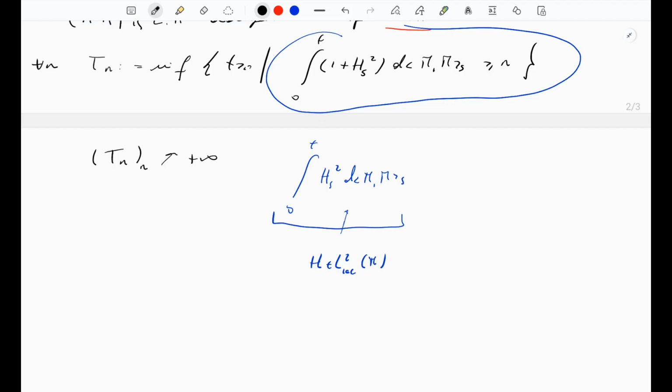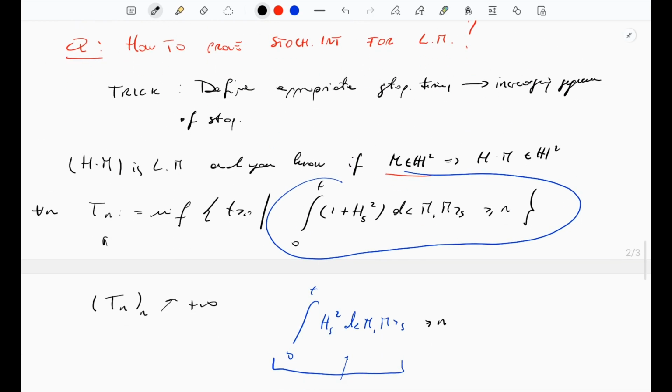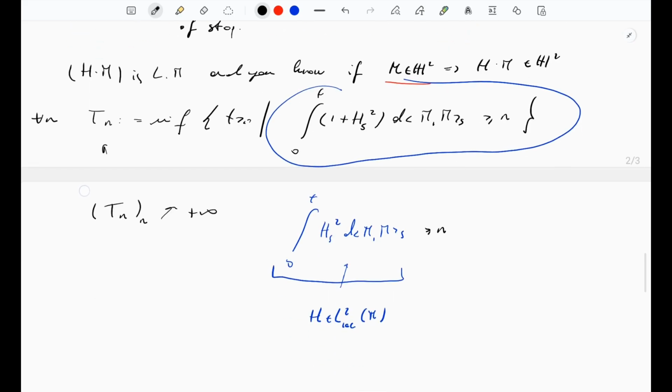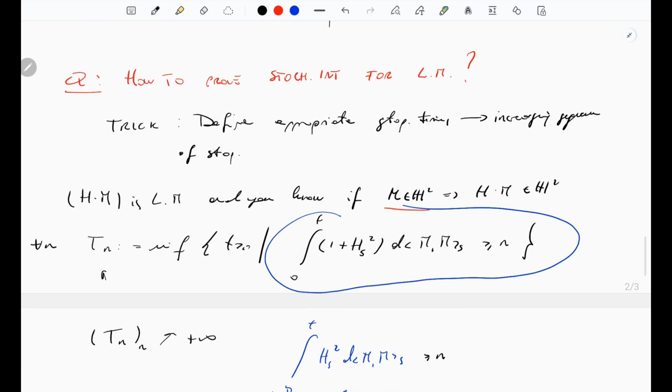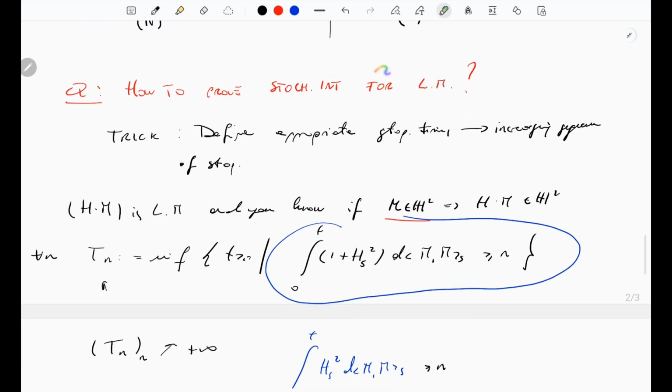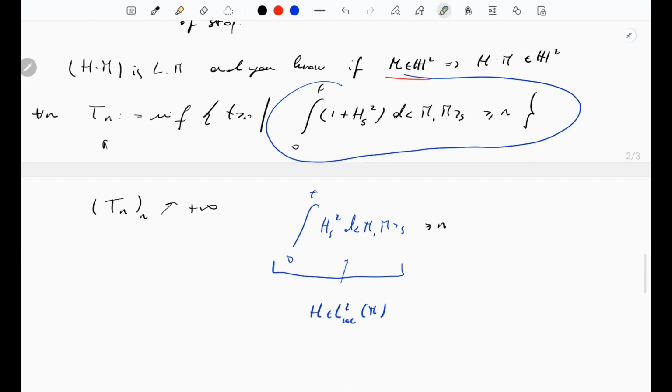So once you do it, you have a bound on this, and you have an increasing sequence of stopping times. So the trick is you use your monotone convergence theorems, and you can pass everything to the limit by monotone convergence. So that's why measure theory, once again, is always important. So that's the trick, basically. And this, for instance, was how you prove that the stochastic integral for local martingales is a local martingale, okay?